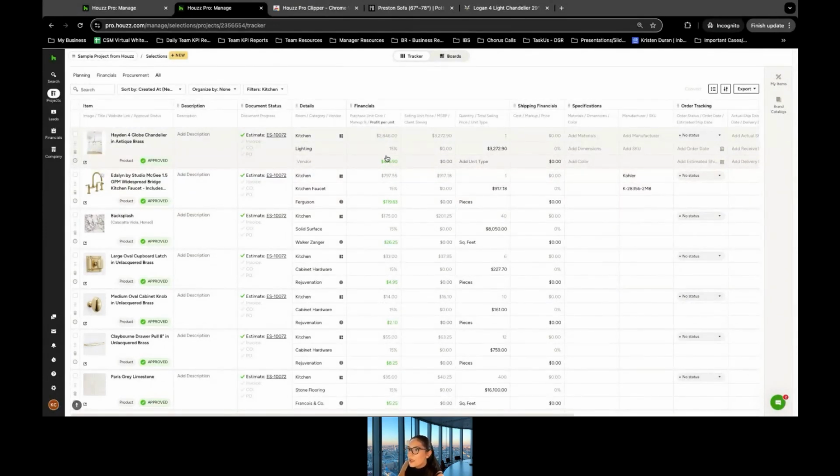Since we're talking about it, Marcella had a question about shipping costs. Where do shipping costs show up? Yep. Right here on the right-hand side, you're going to see shipping financials. This is where you can easily populate what that looks like. You can add a markup, and as I'm going, it's going to rotate up top. So this is the cost, this is the markup, and this is the ultimate price. And